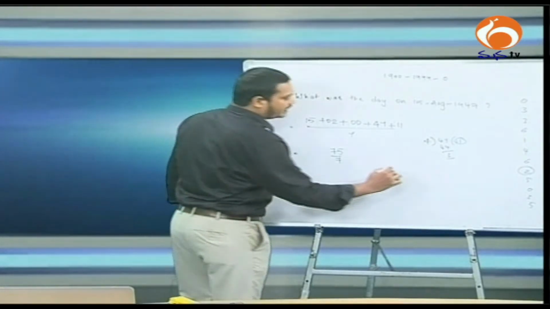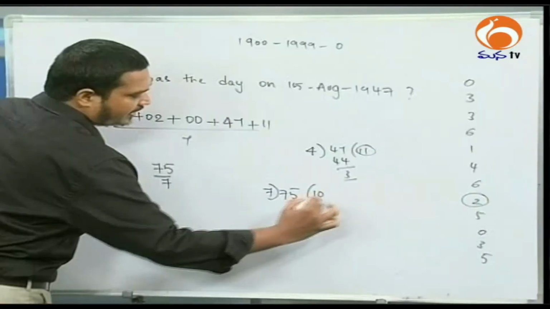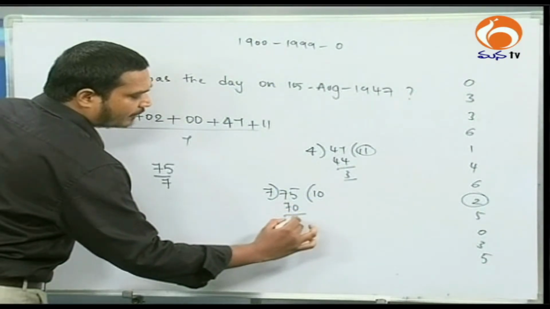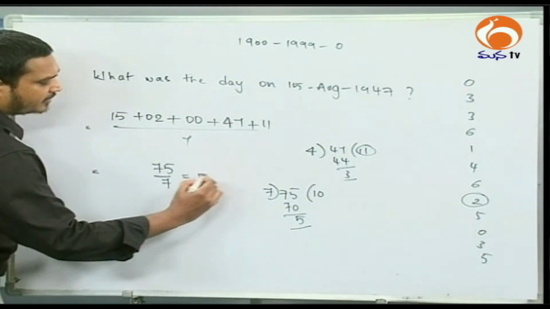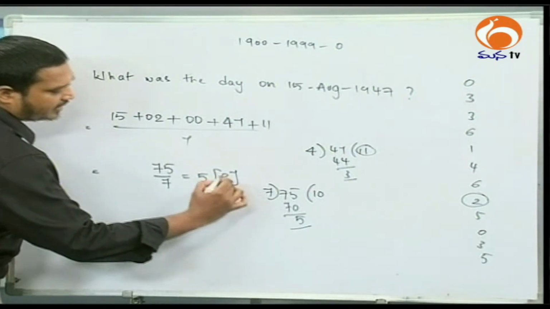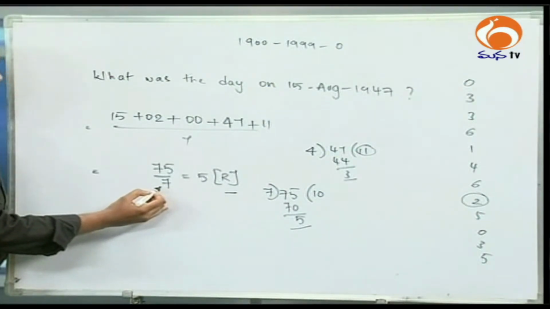So division here is nothing but: if you divide 75 by 7, it is 7 tens are 70, and what is the remainder? 5. So the remainder is 5. I just need the remainder here, which is 5. So in the brackets just write down that it's a remainder. So this symbol indicates that we haven't done any kind of